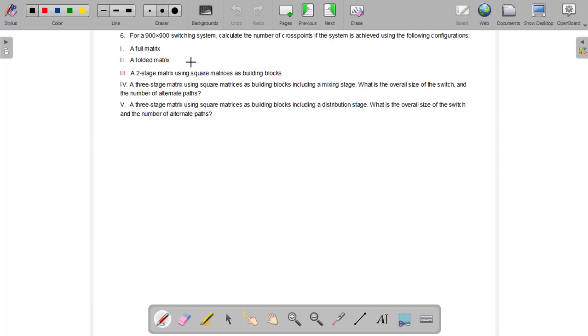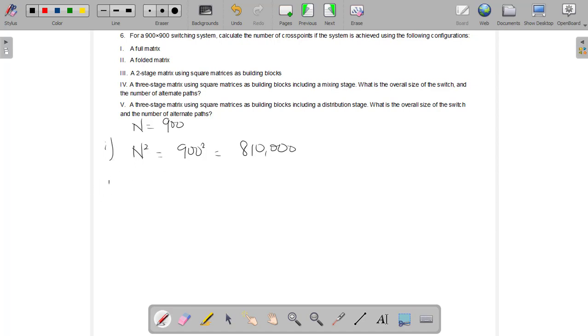Next question. For a 900 by 900 switching system, calculate the number of cross points if the system is achieved using the following configurations. First of all, a full matrix. This is quite straightforward. We have our capital N equals 900. For the full matrix, the number of cross points is given by n squared. So that is 900 squared, and that gives us